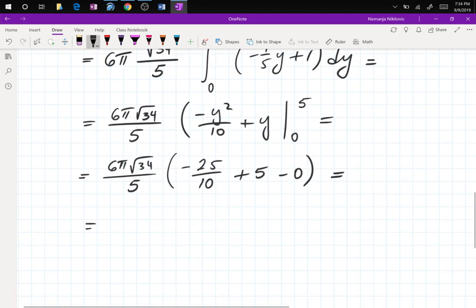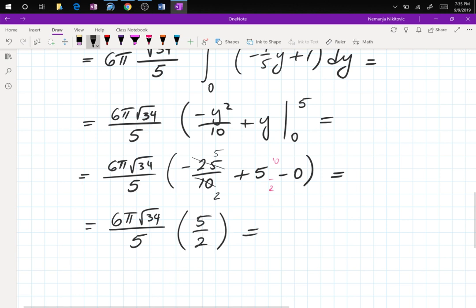And now we can compute this. We can cancel by 5 over here, so that's going to be 5 halves. And then the second one, because it's halves, will become 10 halves. So the whole parenthesis, 6 pi root 34 over 5. The whole parenthesis over here is 10 minus 5 becomes 5 halves. And that will reduce the 5s, and this reduces that. So we have 3 pi root 34 for the surface area